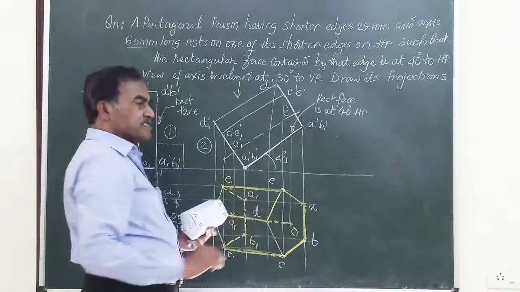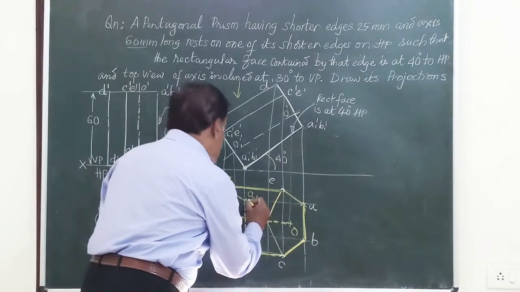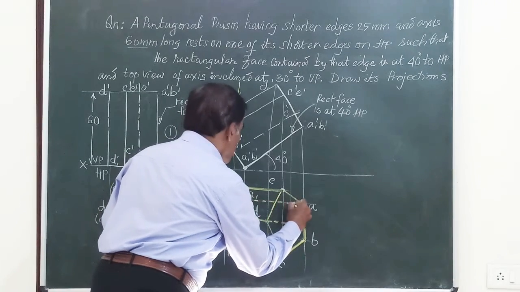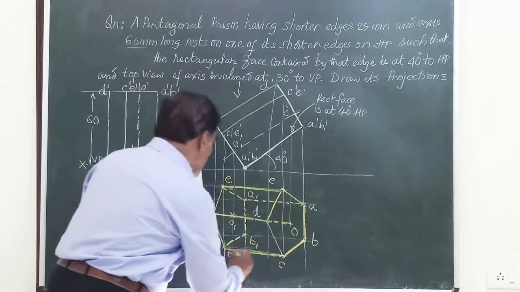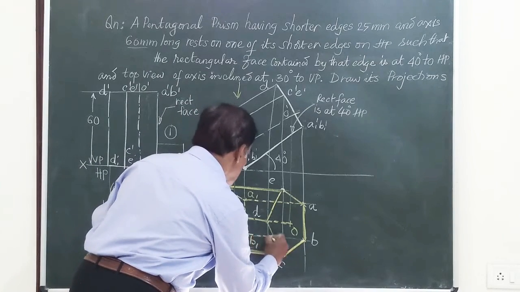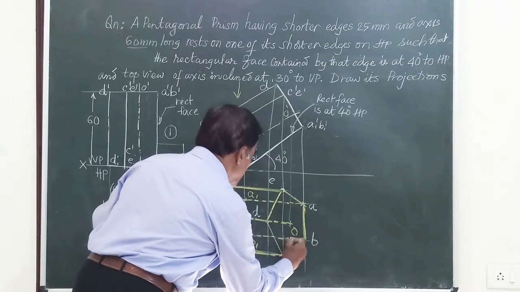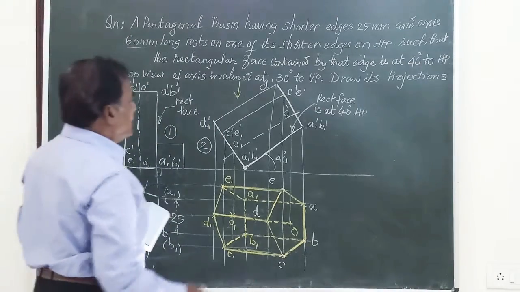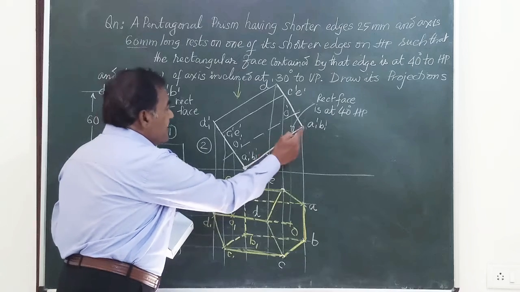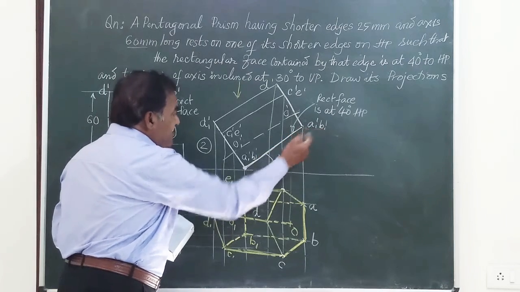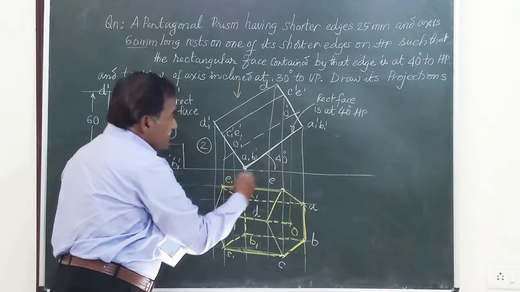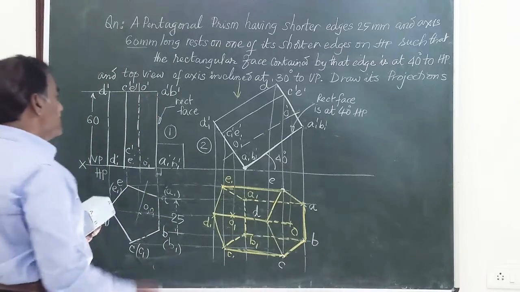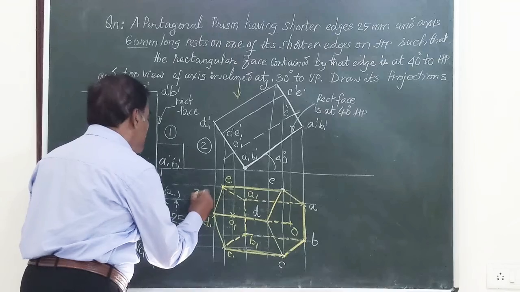When A1 B1 is not visible, the other longer edges are also to be shown by dotted lines, that is invisible lines, because when you look from the top, this full rectangle A dash B dash, A1 dash B1 dash and A B1 is not visible, hence I have shown it by dotted lines. Friends, this figure I will name as figure number 3.